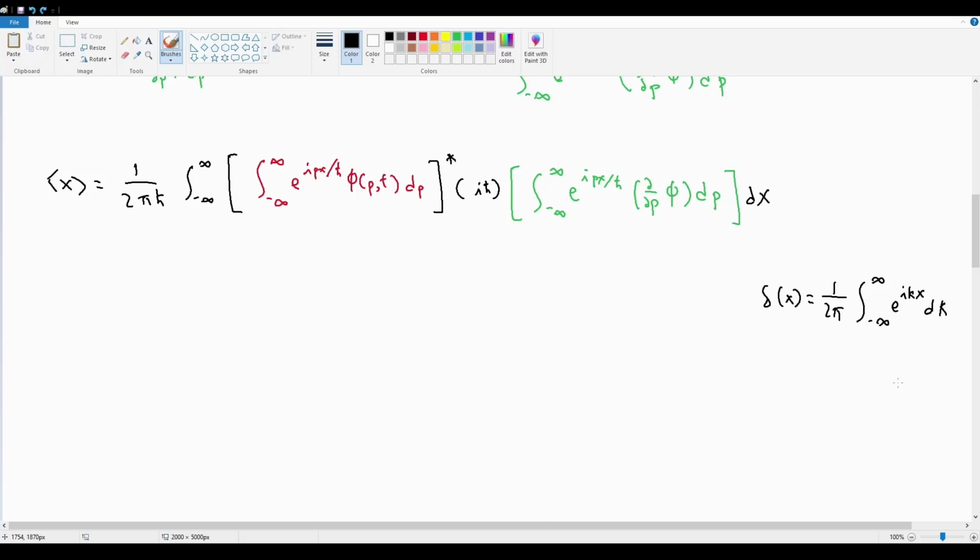Alternatively, maybe we can use the complex exponentials as is and equate them to Dirac deltas. Well, you have a complex exponential, but you have this extra factor phi of p comma t here, so that won't let you do any conversions. You have the same thing here, this extra factor d by dp of phi. That's not going to let you do this conversion. So, once again, we're stuck. And at this point, it's like, okay, what do we do next? Well,